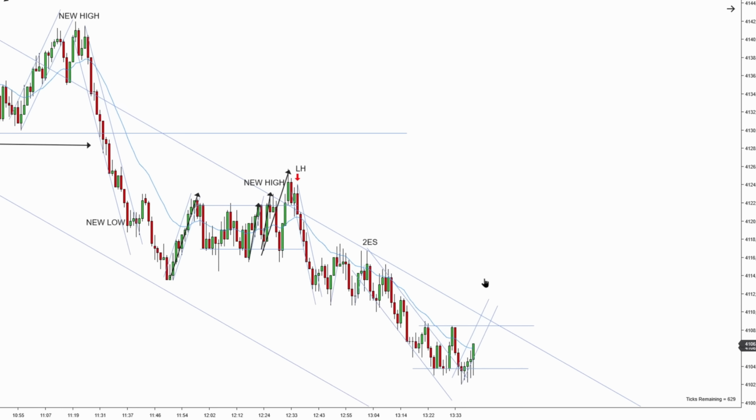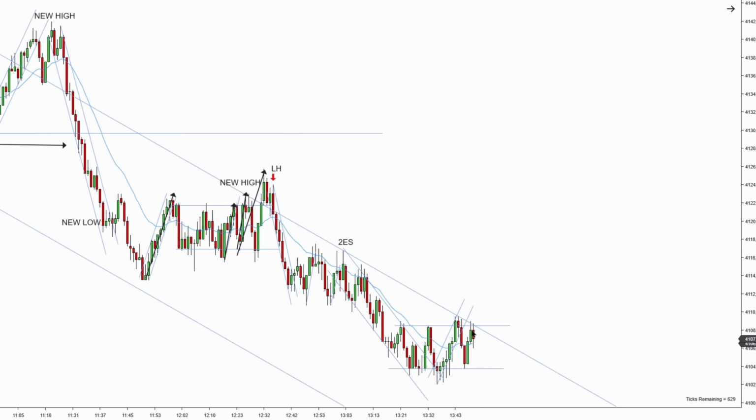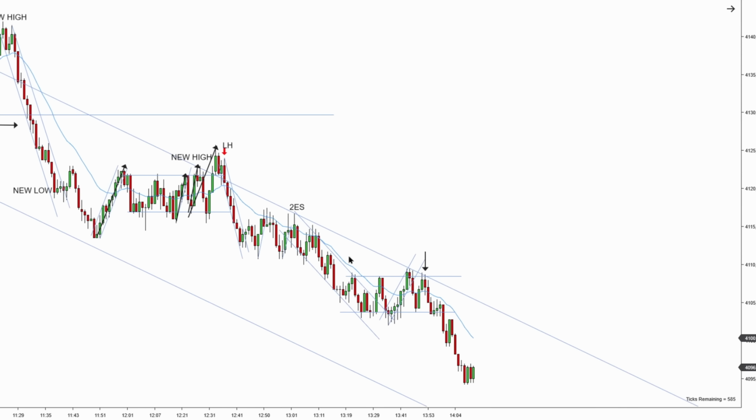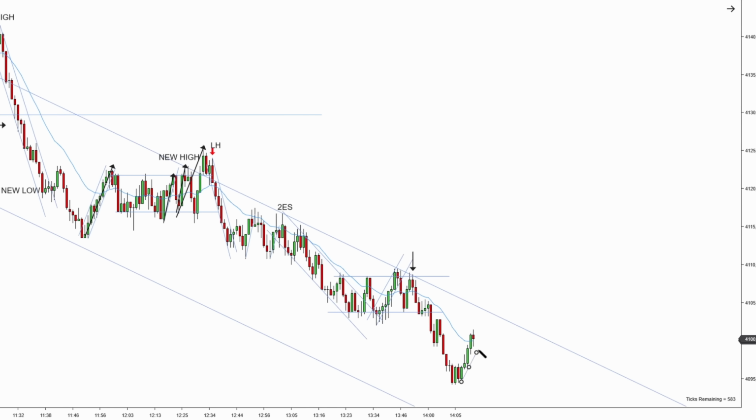So now you have a lower high, but still above the EMA. Yes, you have a quadruple top. The prior trend line is coming into play. You can take a chance here, but it's a little bit more aggressive. The market keeps pushing lower. You can see the weak bullish pullbacks, which indicate strong trend characteristics.